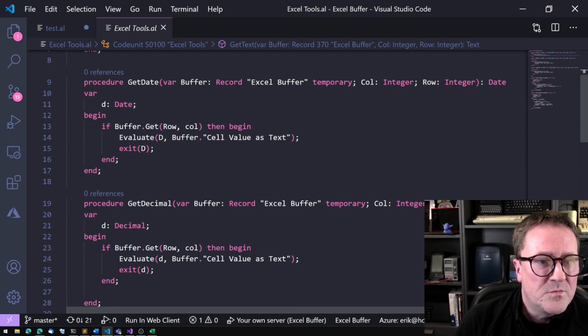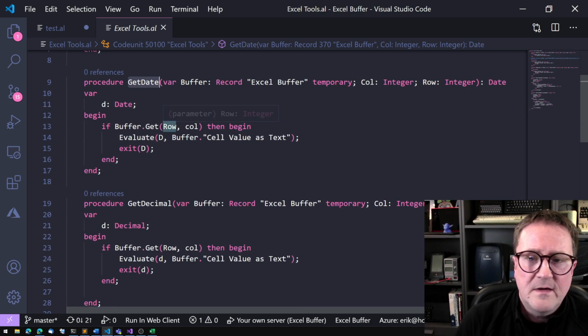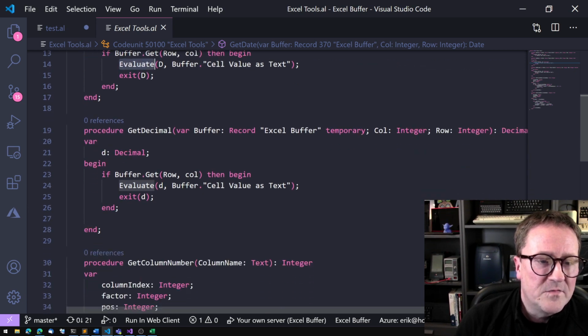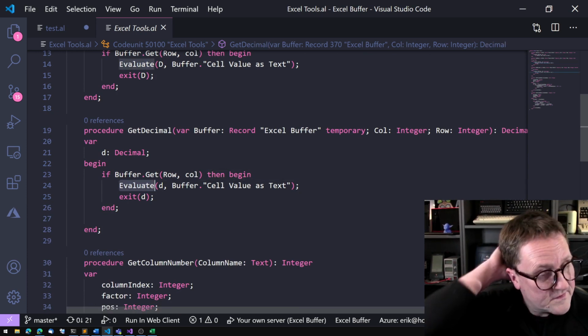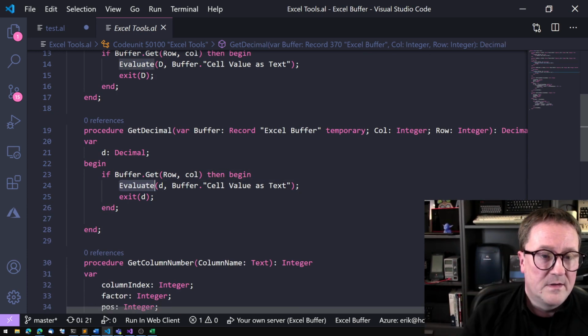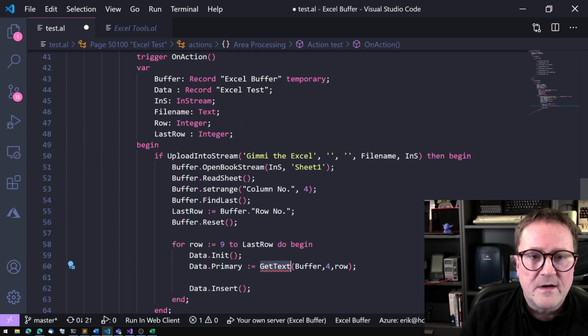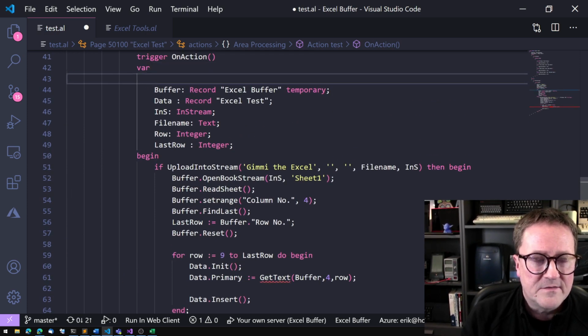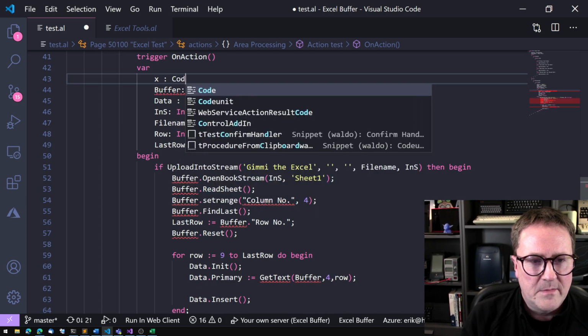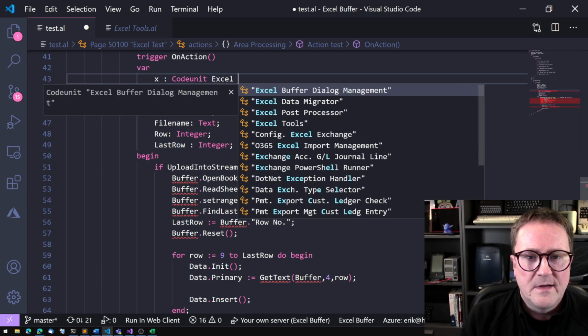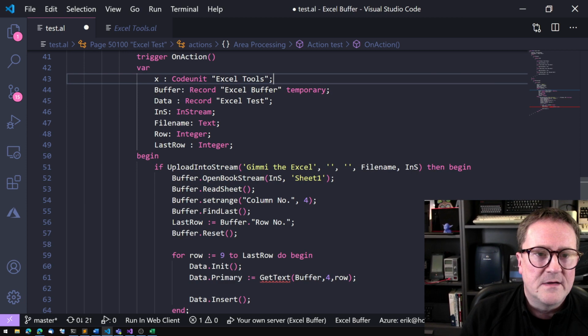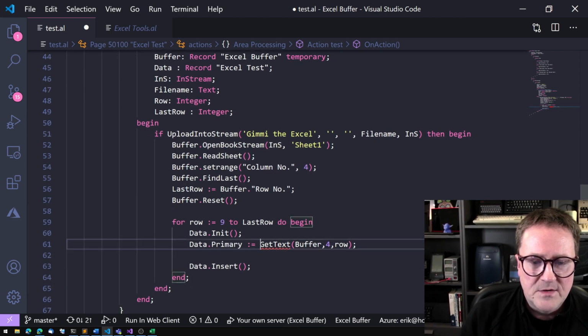I have 2 more functions here, a get date. Same exact principle, but then now we're going to evaluate the cell to become a date, and get decimal, we're going to evaluate the cell to become a decimal. So let's try that. So we need to create, let's call it X. How about that? That sounds pretty cool. Excel tools, that's my code unit. So I can do X dot